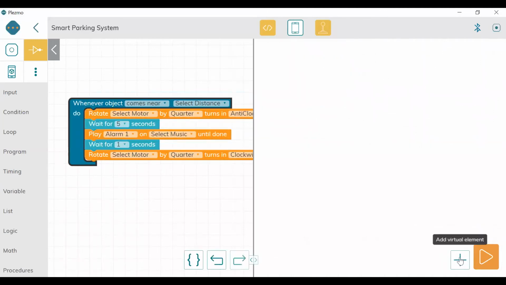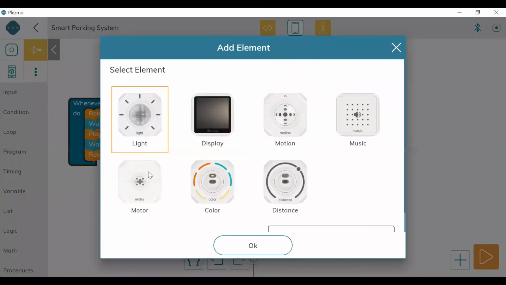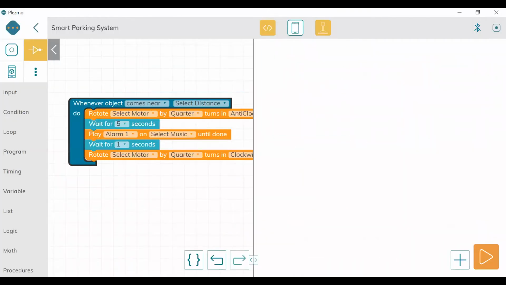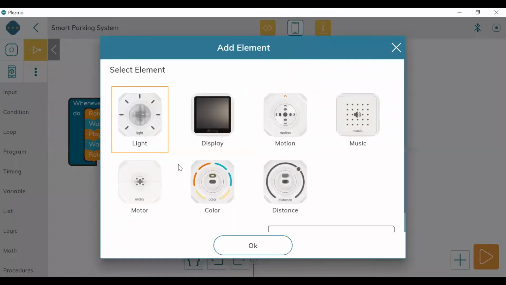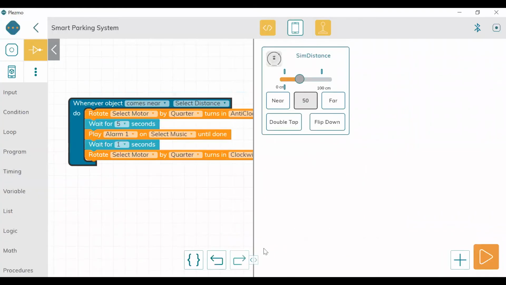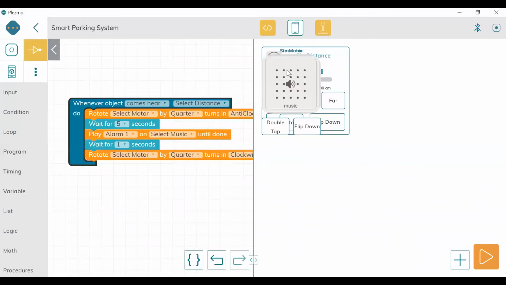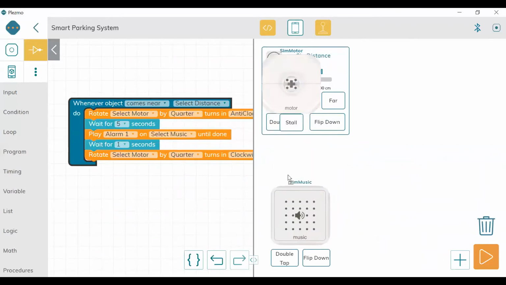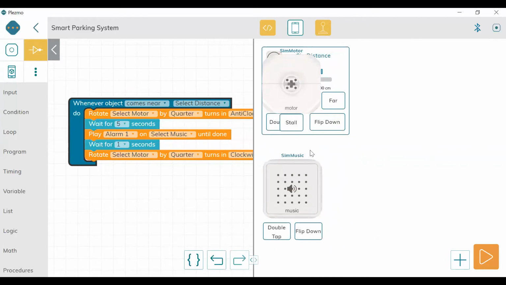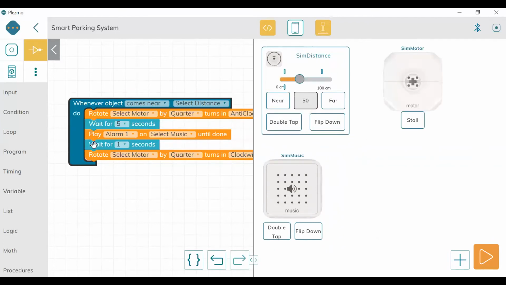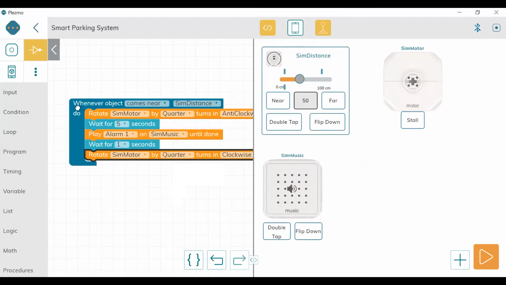In the simulator, the first step is to add the virtual elements. Which elements are we going to use? The distance element, then the motor, and then music to give the alarm. They are overlapping, so I am dragging them down so that we can understand the movement of each part better. Now I have to change the names: sim distance, sim motor, sim music, and again sim motor.